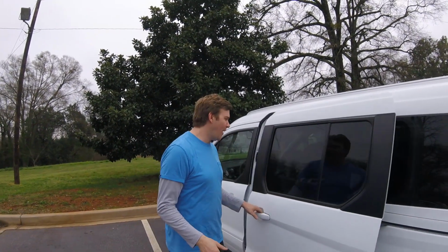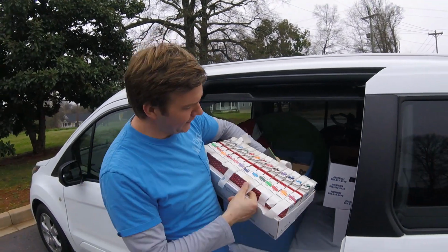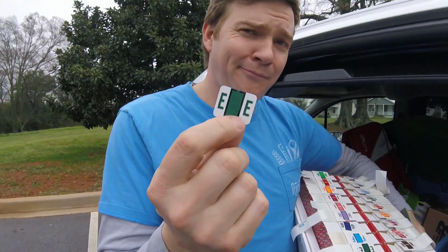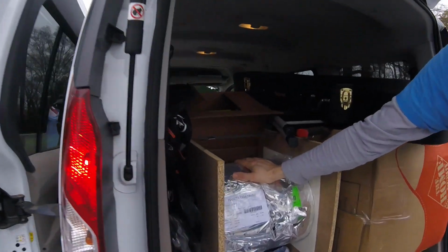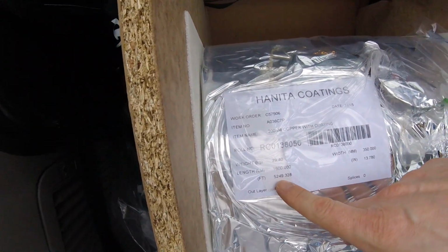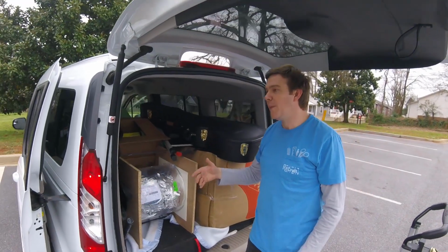Welcome to my life. It's picking up things and dropping them off. I went after these, which are stickers with letters on them, but I came home with